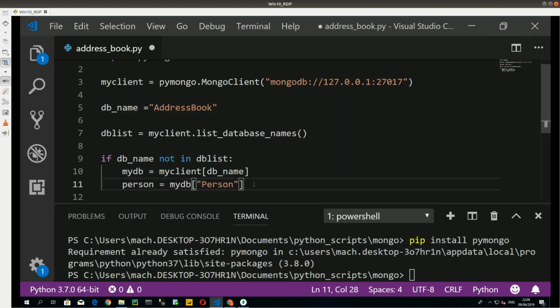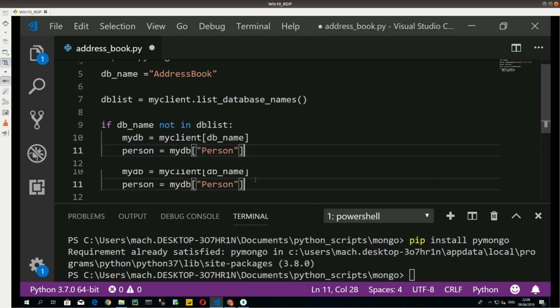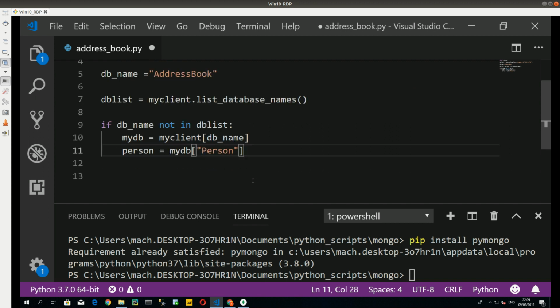But in Mongo, you'll see in a few minutes, you use a kind of JSON format. So we're creating this collection called person, which is going to contain all my information. I've already got person,